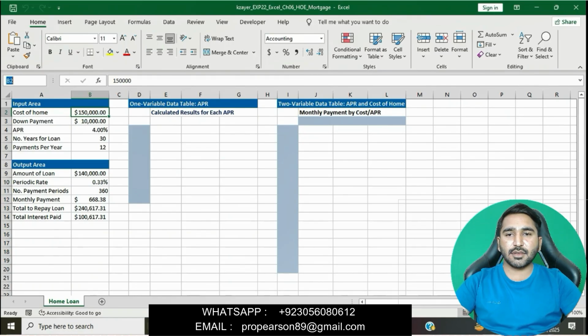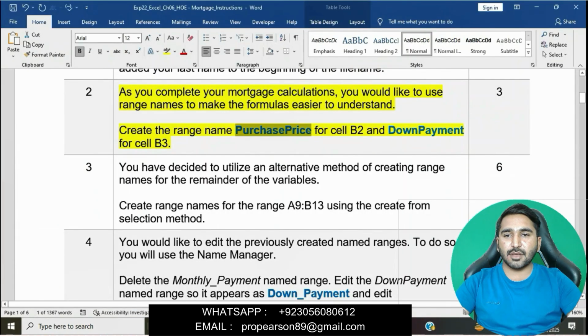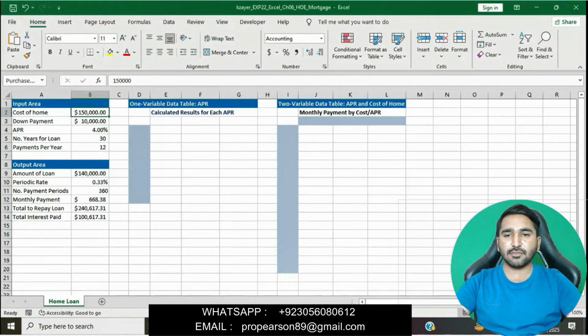We will click on cell B2 and then we will type purchase price, and then we will click on cell B3 and then we will enter down payment. Okay, this is good now.